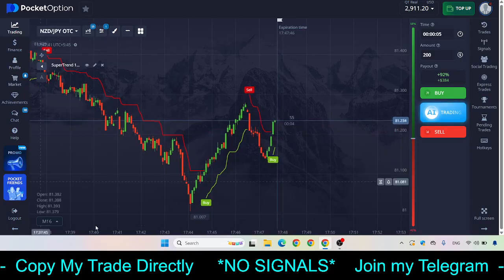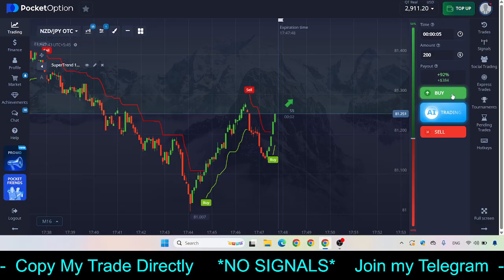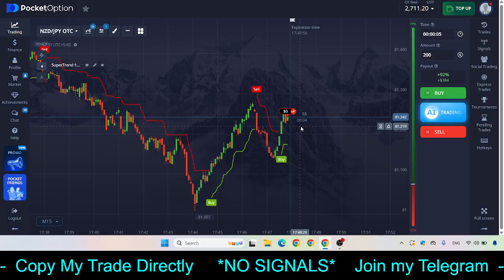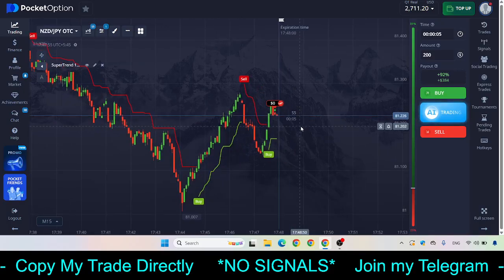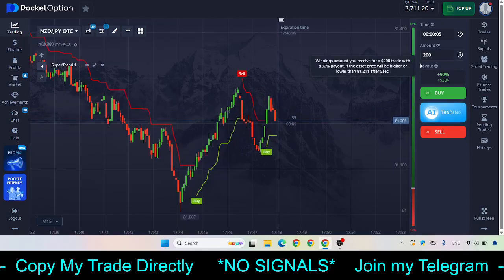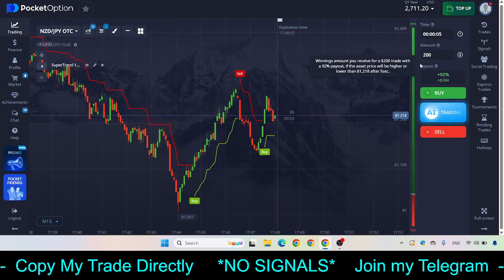Okay, so guys, here you can see a buy signal has appeared, and let the timer hit 1 second, and we are going to make the trade. Now I feel like this trade will go in loss, because previously also I had experience. Okay, so as you can see here, it has gone in loss. Okay, but if you stop trading here, then you will be in loss. You don't need to make $200 per trade. You can even trade with $1 per trade. Okay, so you can do those things